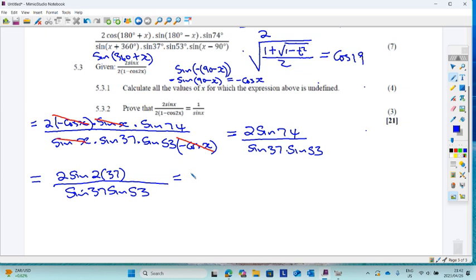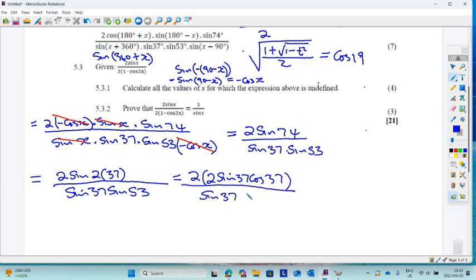Expand this one on top, we have 2 bracket 2 sine, not 2 squared there, that is 2 sine x cos x, so it's 2 sine 37 cos 37 all over